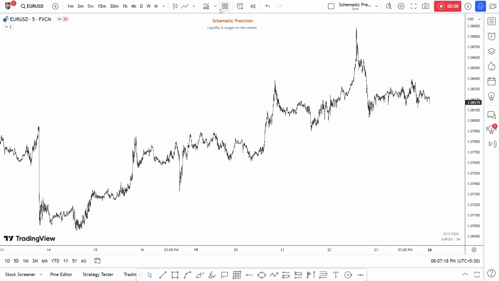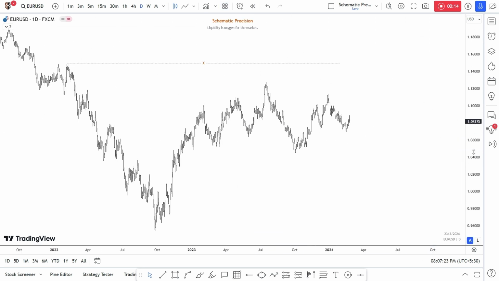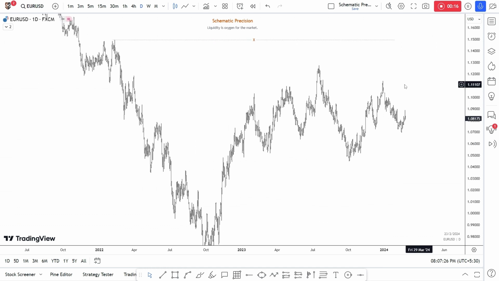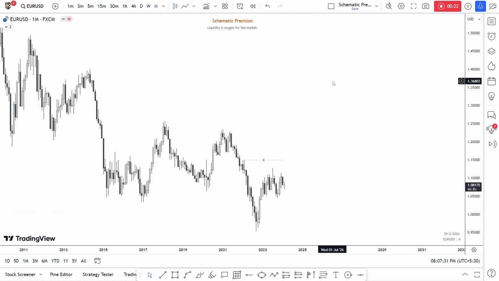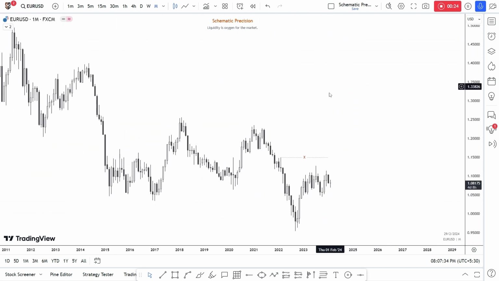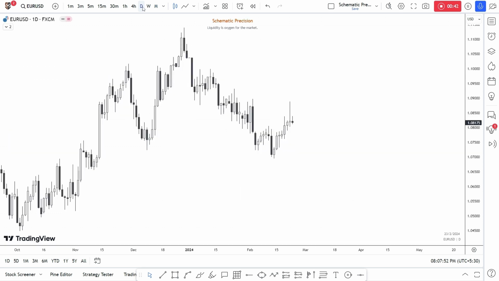Starting with the Euro USD, and on the daily, if we can see the current price action for just the update. As per the higher time frame price action, this high around 1.14820 is my inducement for monthly time frame. But that's monthly and we are not positional traders, so we are not going to focus right now on that target for the bullish market. Let's jump on to the weekly scenario, what next week can happen.